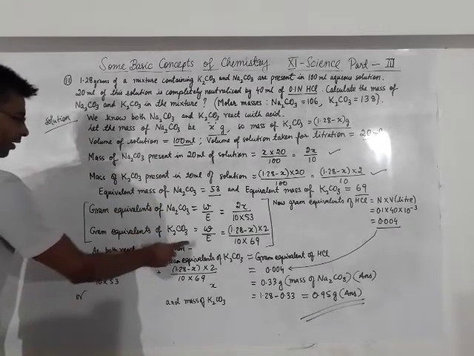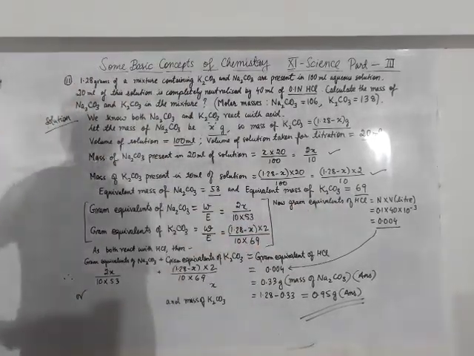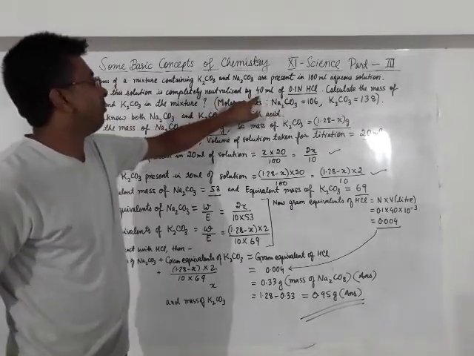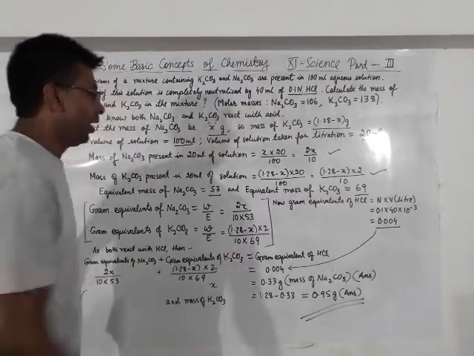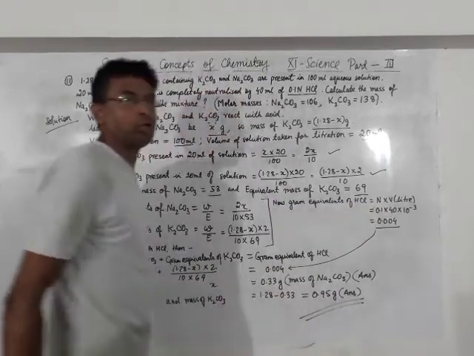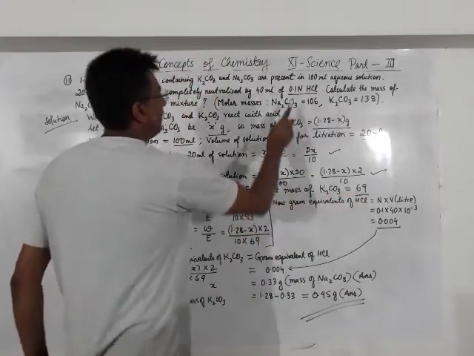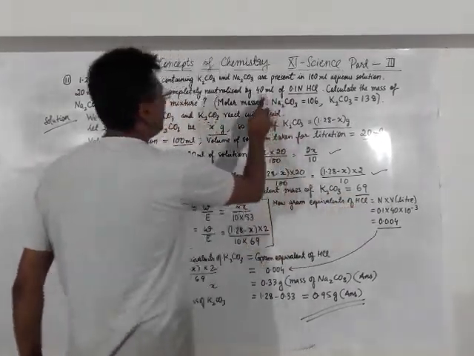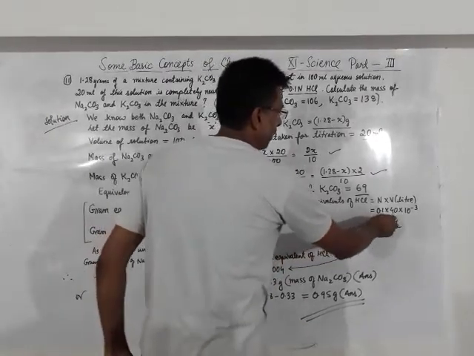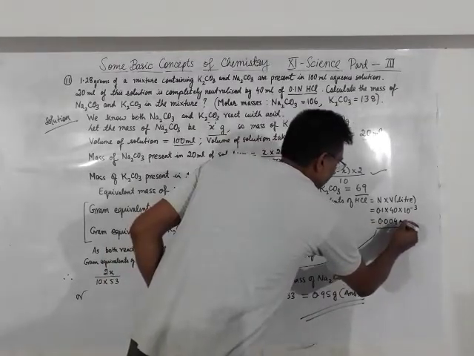And the equivalent mass of potassium carbonate, we have got it over here, is 69. Now, at the same time, what is given over here? Hydrochloric acid, the volume is given and its strength is given. So, gram equivalents of hydrochloric acid is N into V in liters. The normality relation, you know. The strength N is 0.1. The volume is given in milliliters, so you have to convert the volume into liters. That is why 0.1 into 40 into 10 power minus 3 gives us 0.004 N.